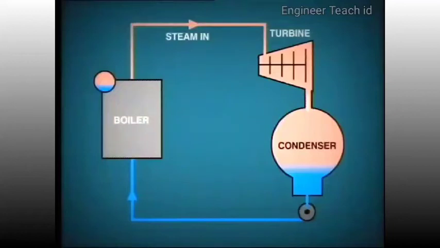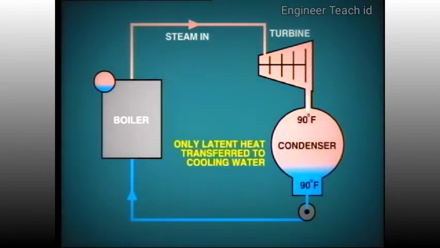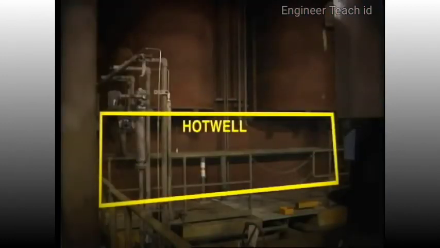The condensate collecting in the bottom of the condenser will ideally be at the same temperature as the steam exhausting from the turbine. In this situation, it is only the latent heat that is transferred from the steam to the condenser cooling water as the steam condenses. The actual temperature of condensate in the hot well is probably within the range of 80 to 100 degrees Fahrenheit,